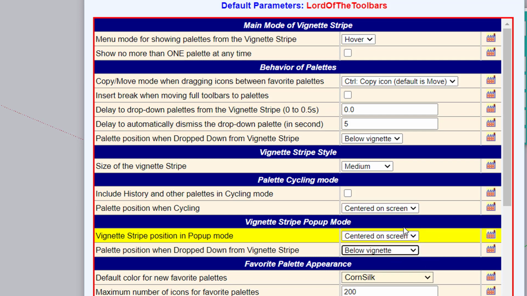And I think in cycling mode you have the same thing, so you can include the story and the palettes which are not part of the vignette stripe in the cycling mode or not. So these are a number of options. It's useful to have a look and choose the one which fits best your preferences.